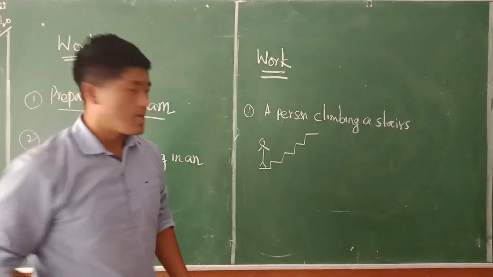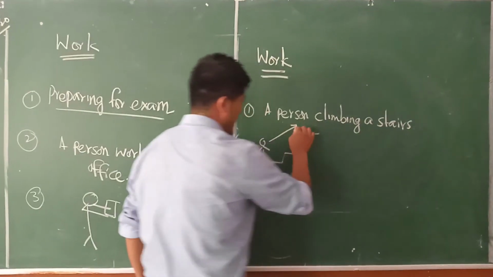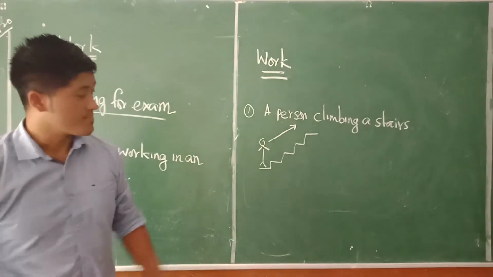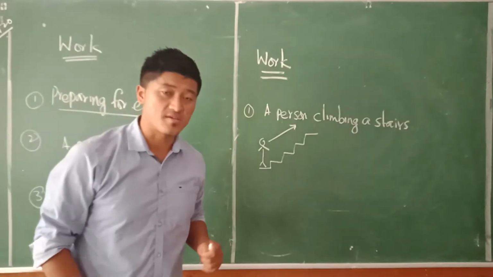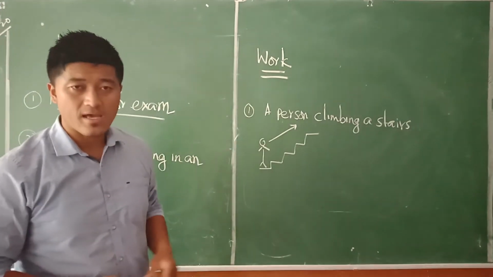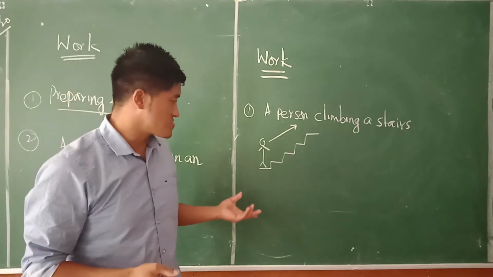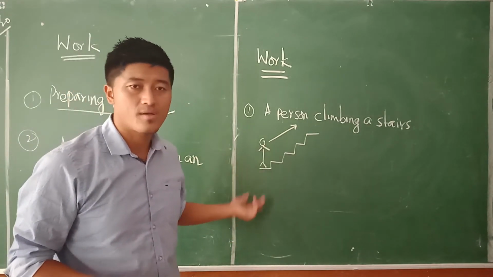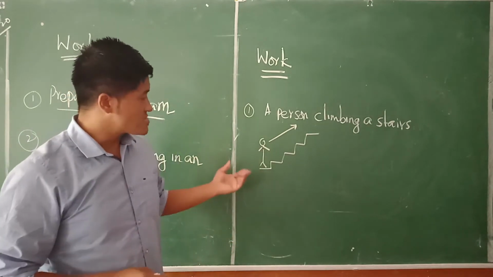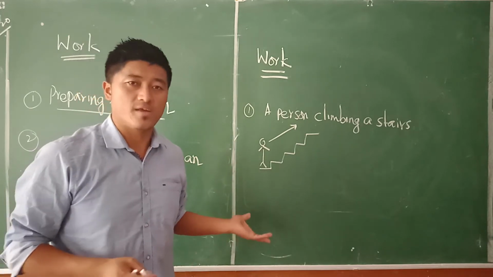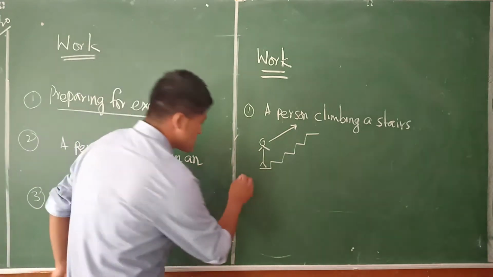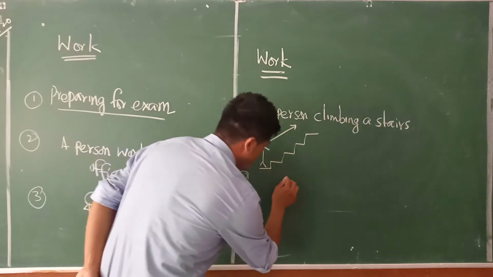Okay, now this person is climbing a stairs. Understand? This person is climbing a stairs. Now in that case, in normal context, we will say he is just climbing up a stairs. But in that case, what we used to say, there is a work done in that, right? And in the second kind of situation here,